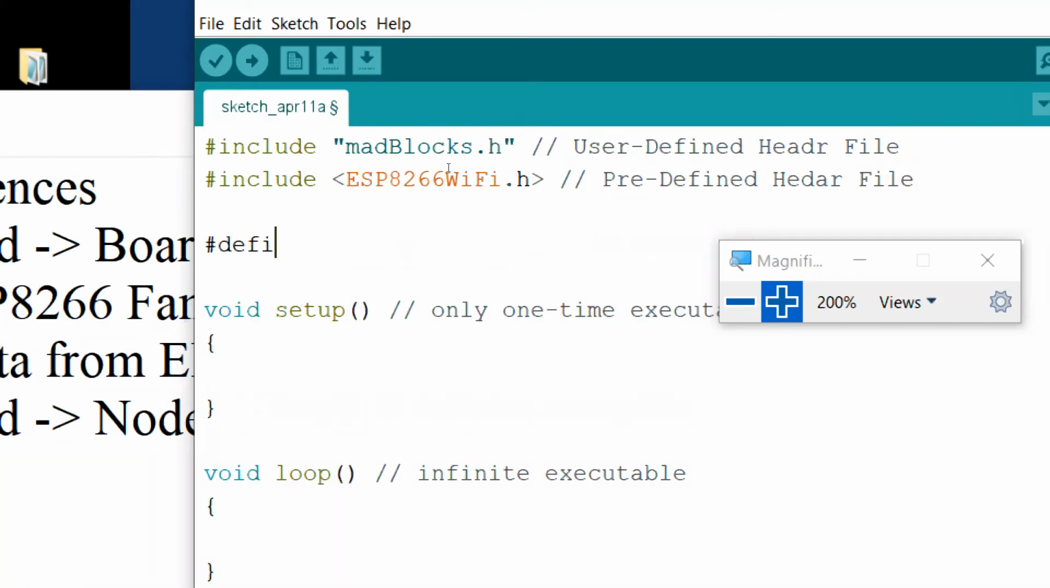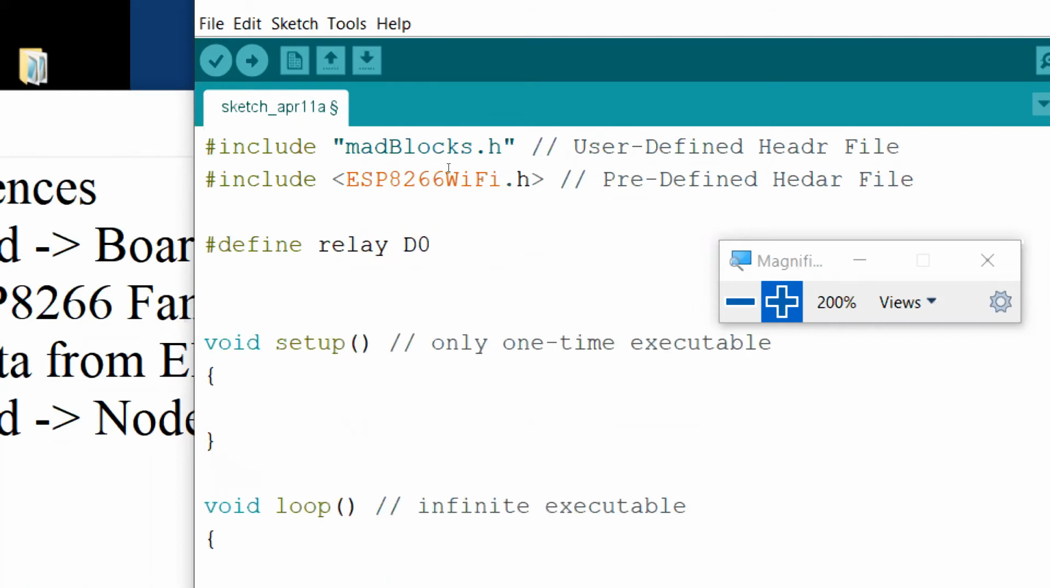So here, #define, our relay is connected to D0. In void setup, what you have to do? You have to take permission for D0 from NodeMCU, saying that yes, D0 is connected, relay is connected, and it is an output peripheral. So this is taking permission